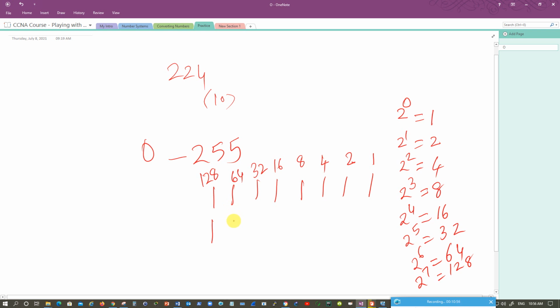We are trying to convert this decimal 224 into binary. 128 I have taken. If I say 128 plus 64, I can use a calculator, or if my mind is sharp enough because of experience, you can just simply do it mathematically in your mind. That is called mental maths. 128 plus 64 will be 192. I must take it because 192 is still less than 224, and 192 plus 32 will give me 224. Here my requirement is over. Now the question is, should I write down the remaining zeros here, or should I skip them?